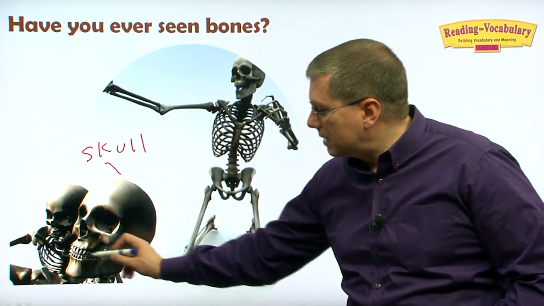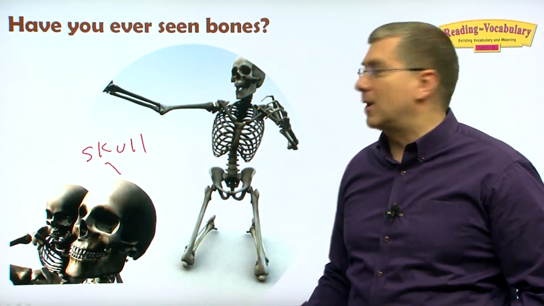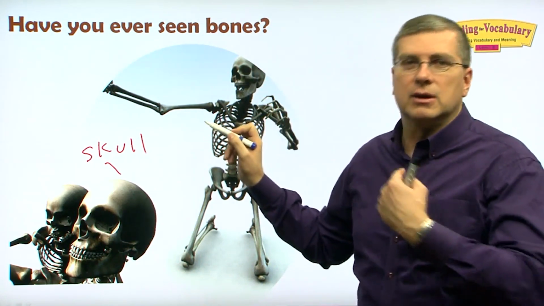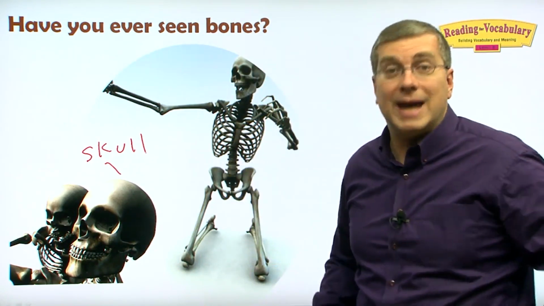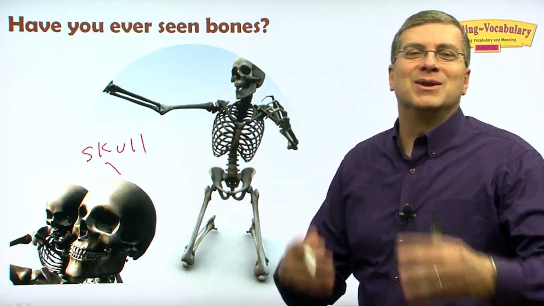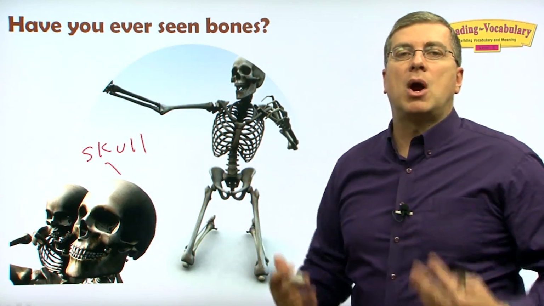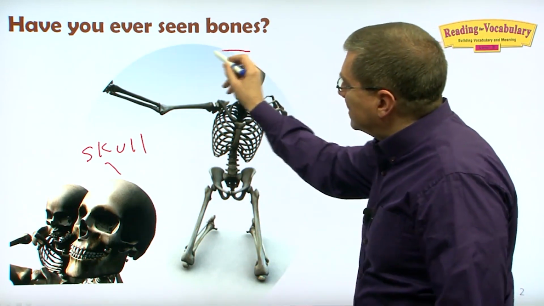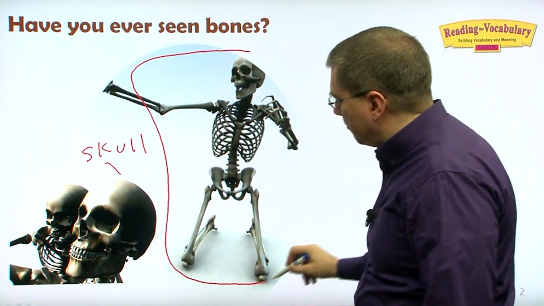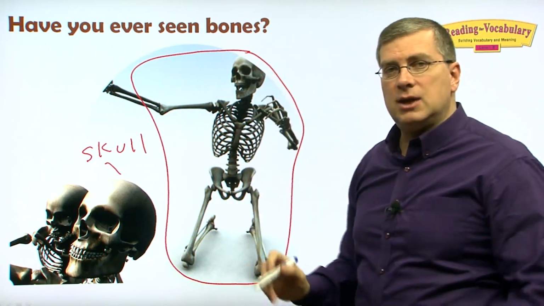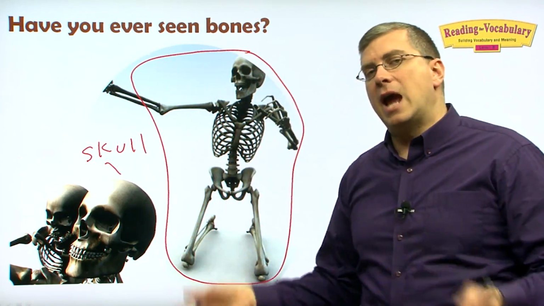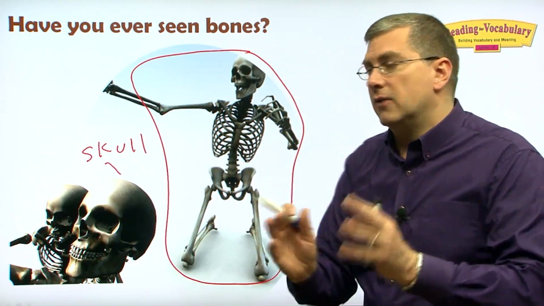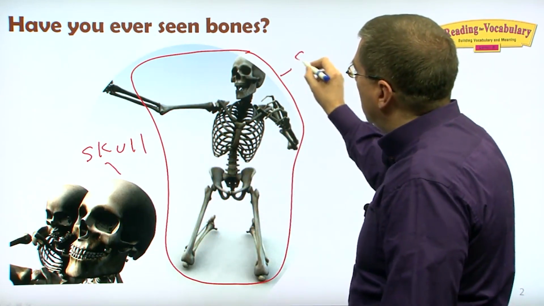That's a bone right there. One big bone, and then there's other bones that are connected. There's all different bones. So your head bone's connected to your backbone, connected to your leg bone. We've got all different bones in different parts of our body. By the way, do you know what the entire collection of bones is called? Not just for humans, but for animals too. If all the bones are connected, we call that a